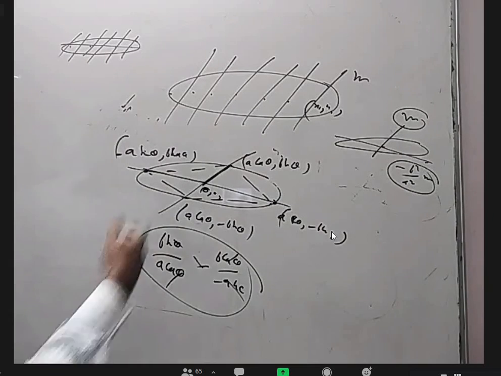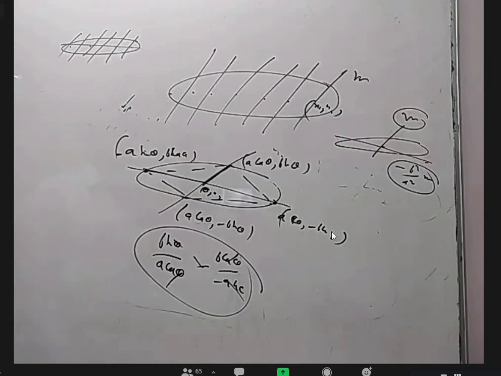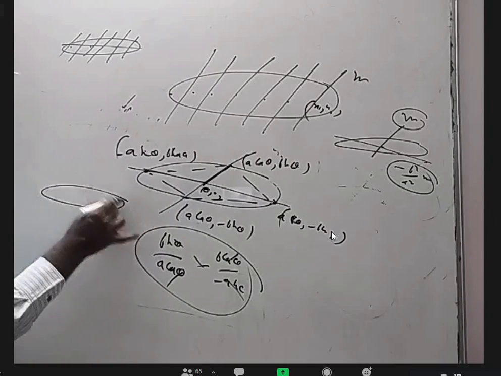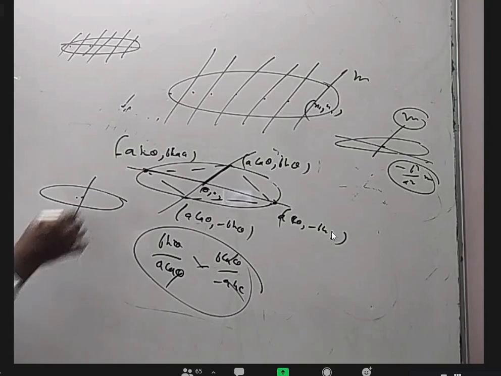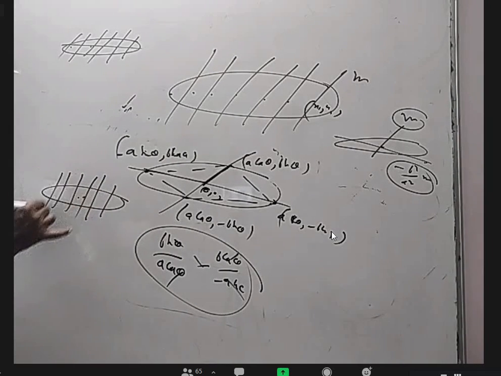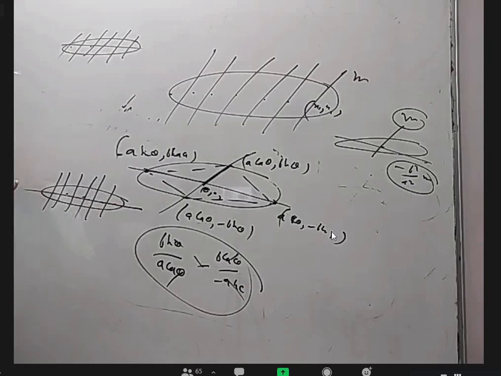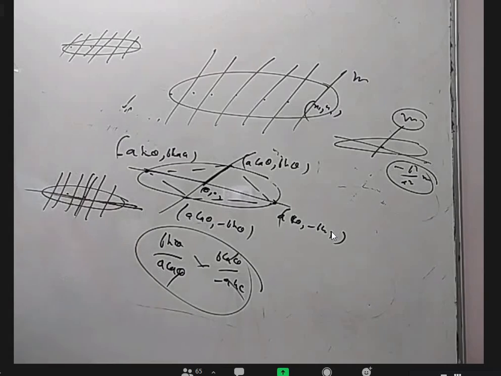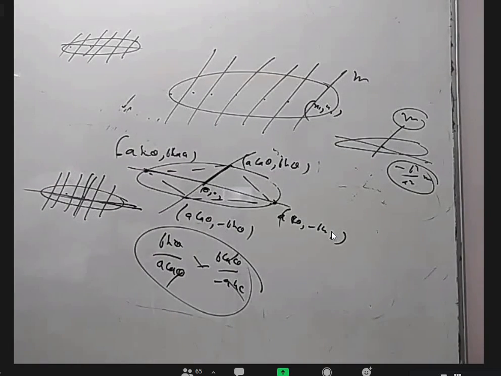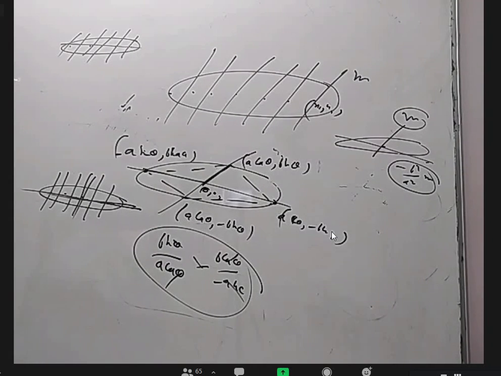So this is some idea, not so much. Any line passing through the center is a diameter, but the more proper definition is: take a set of parallel chords, take all their midpoints and join, you'll get another line passing through the center, that is called a diameter. And these are conjugate diameters, and the product of their slopes is minus b square by a square in an ellipse, plus b square by a square in a hyperbola. This is just not required for mains. In the advanced exam, usually they can define it and give it if they want.